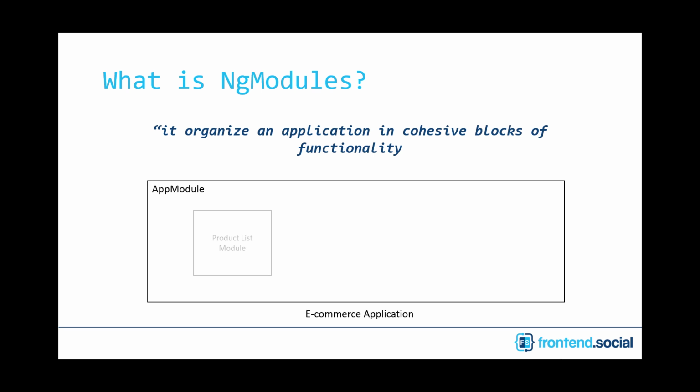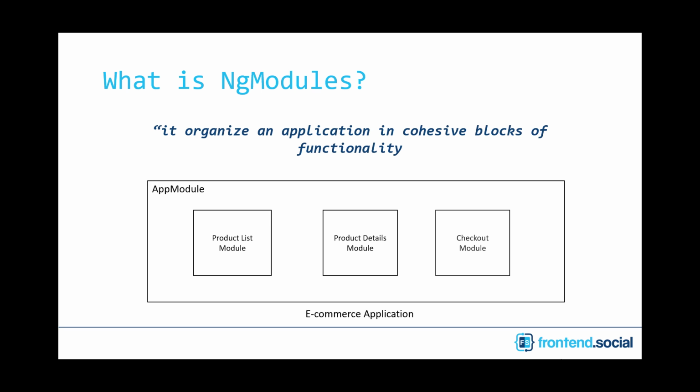An e-commerce application will have a product list page. For that we will have one product list module. Then when you click on a particular product from that list, it will have a product details page. So for that we will have a product details module. And then we will have a checkout module. When you want to purchase the item, the checkout module comes into the picture. So this is how you have segregated your application into small submodules, and those submodules can act as an ng module. So that simple it was. But still, we are not sure what those cohesive blocks could be. We will look at it in the next slide.